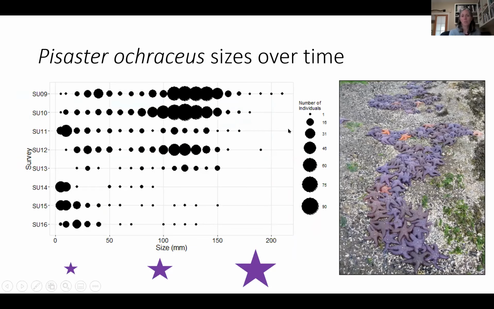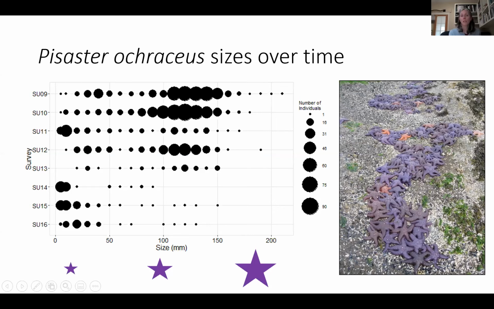This is just an example site. This is showing the sizes across the bottom, going from smaller to bigger, and then this is time. Oldest is at the top, the newest season is at the bottom, and these bubbles represent the numbers of sea stars that are in a given size class. So this particular site had a lot of stars. This biggest bubble represents 90 stars,